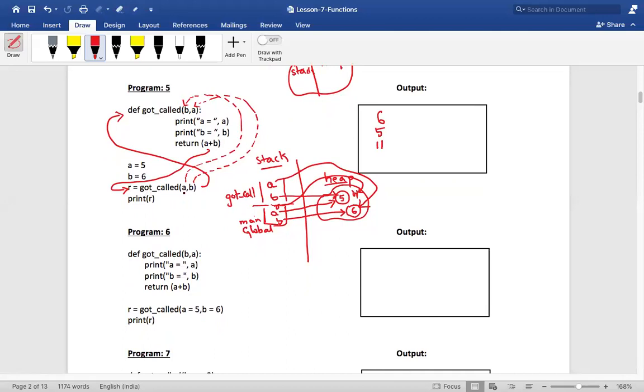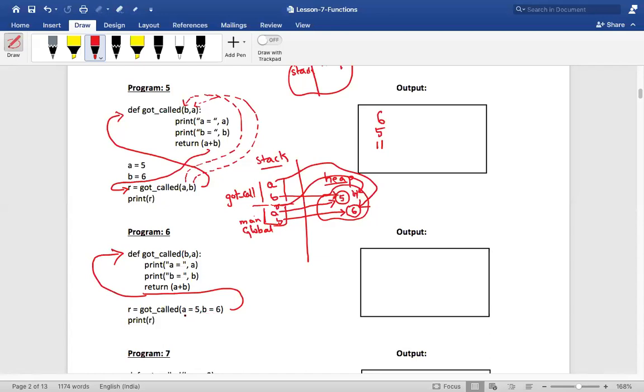Here I'm saying got called A comma B, but here I am saying got called with A should be 5 and B should be 6. I'm calling the same got called function. The control will go to the function definition, and though it is B comma A, the Python interpreter will know that he has told that A has to be 5 and B has to be 6.